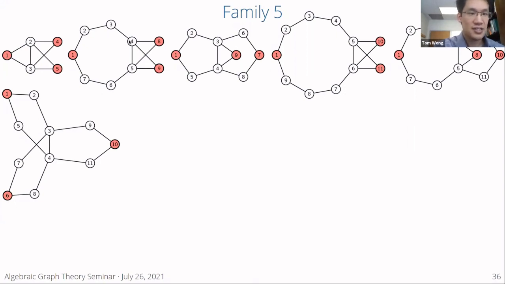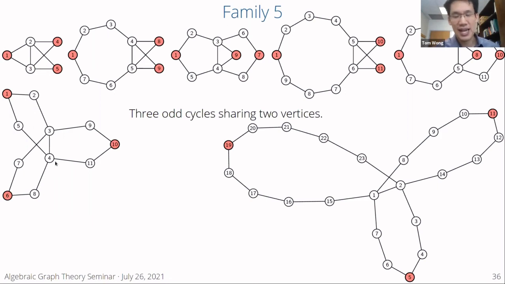Over here, we have a cycle of length 7, and then a cycle of length 3, and then another cycle of length 3, where they're sharing these two vertices. Here we have a cycle of length 5, another cycle of length 5, and a cycle of length 3, where they're sharing two vertices. Cycle of length 9, and 2 cycles of length 3 for this tail. Cycle of length 7, cycle of length 5, cycle of length 3, and these are 3 cycles of length 5. So it looks like if you have 3 odd cycles sharing 2 vertices, that this is a family, and that's true. So here's a giant example. And no matter what I generated, we get these equivalent quantum walks.